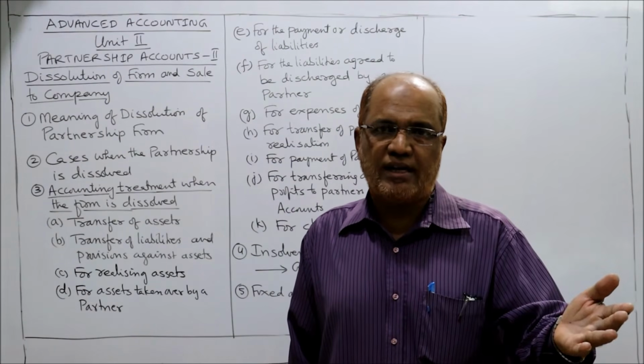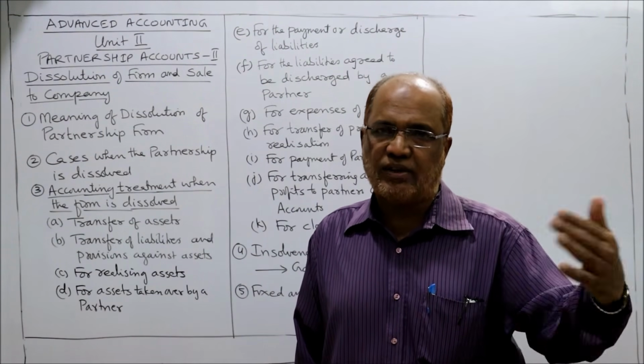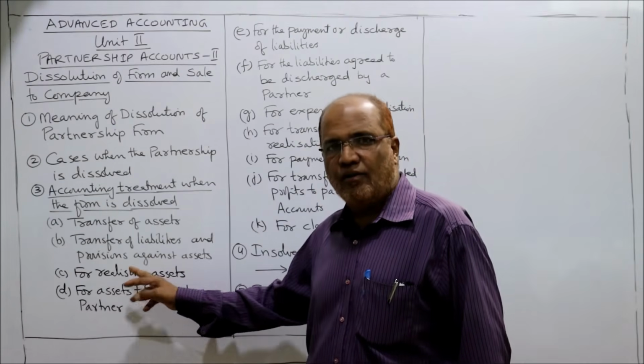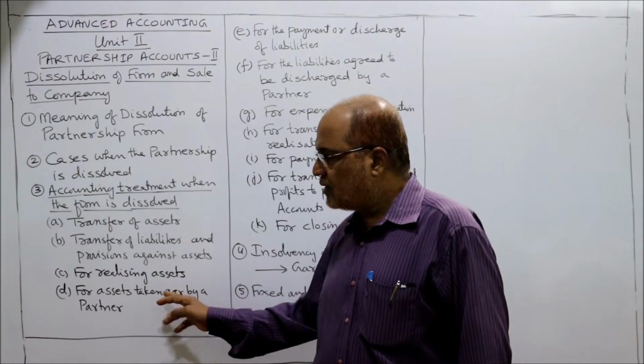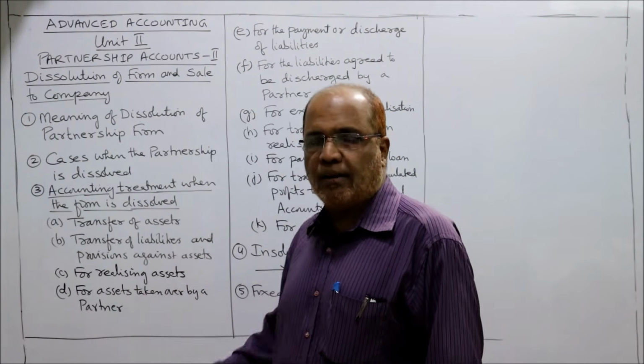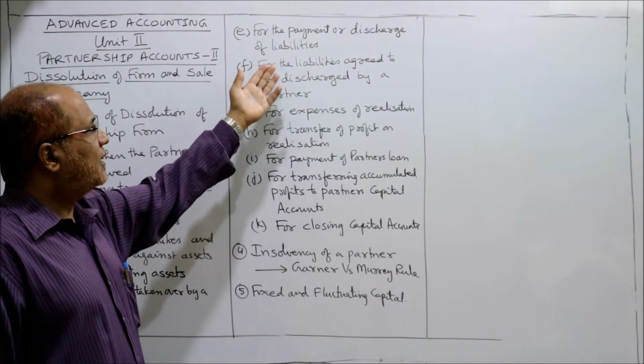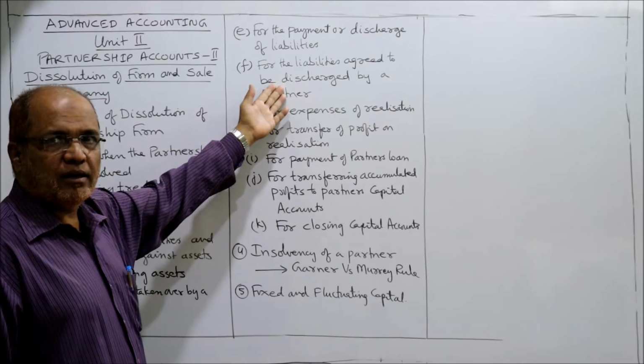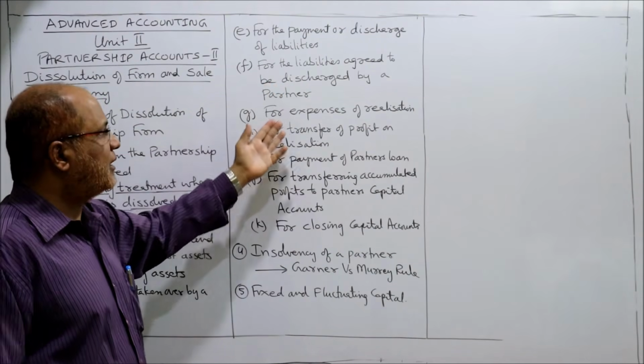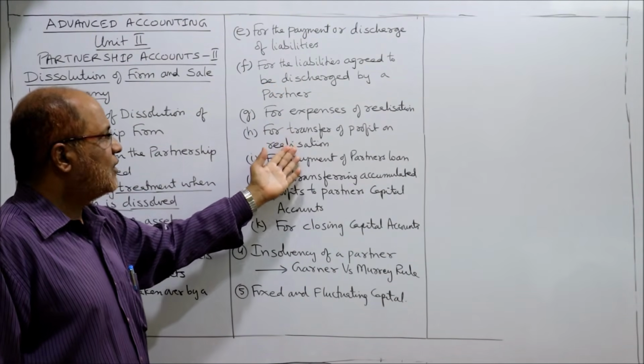Transfer the assets to realization. Transfer the liabilities to realization. For realizing the assets. For assets taken over by one of the partners. Liability, payment of liabilities. Then liability taken over by one of the partners. One of the partners has agreed to pay off the liability for realization expenses. For transfer of